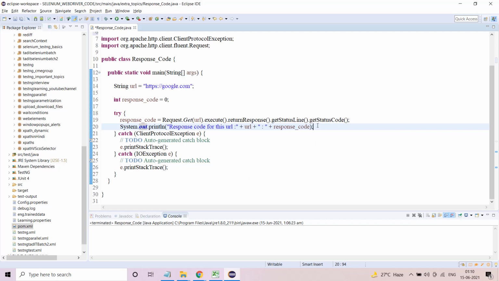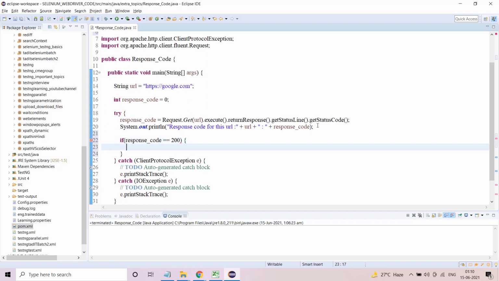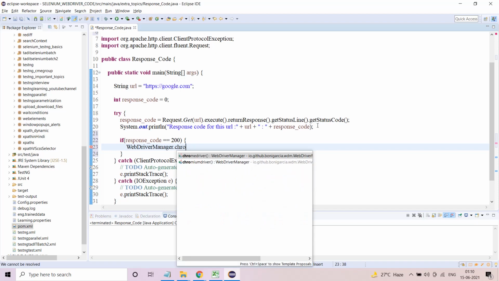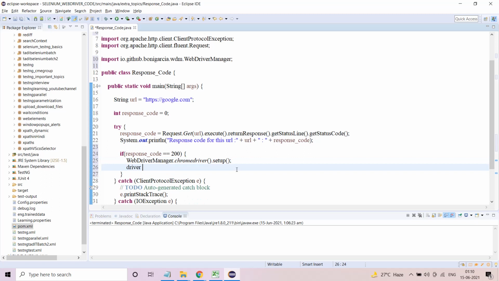So let's say for example that particular guy will say, if response underscore code is equal to 200, then you will say WebDriver manager dot Chrome driver dot setup, and driver equals new Chrome driver.